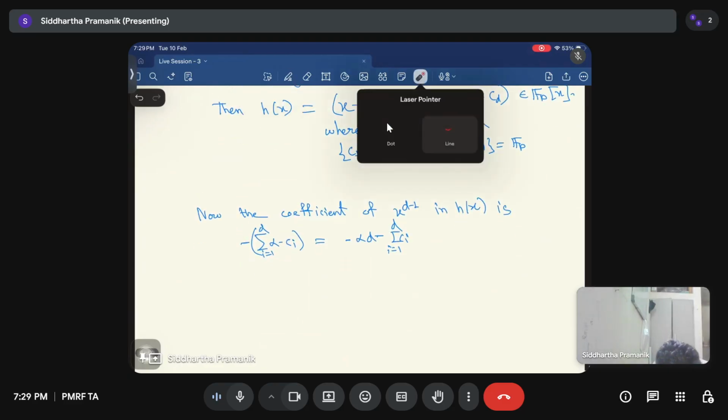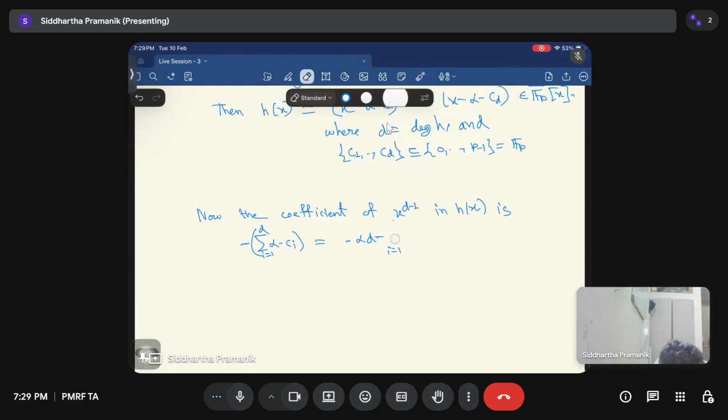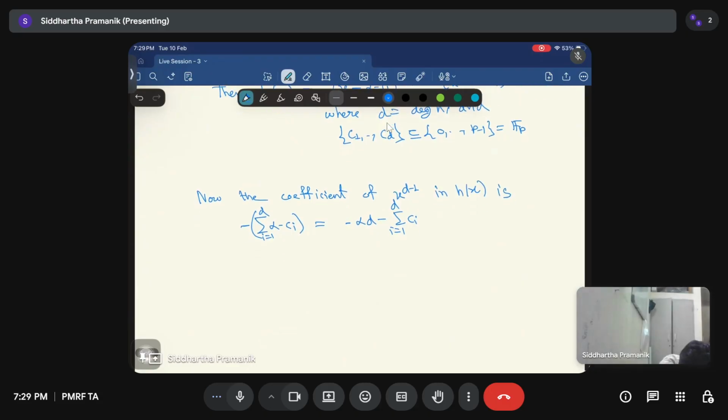So this term summation ci is also in Fp. And this whole term is in Fp, and summation ci, i from 1 to d, is also in Fp. So this will imply alpha times d is in Fp, but d,